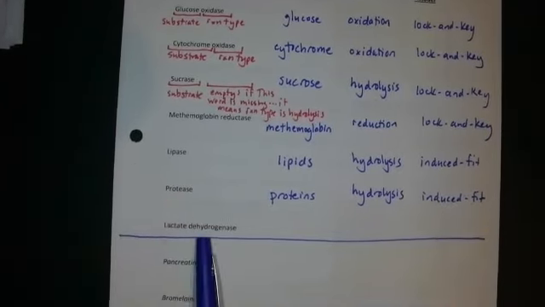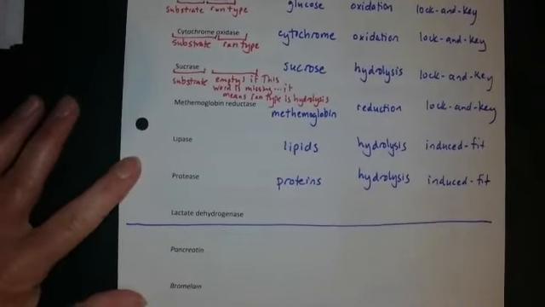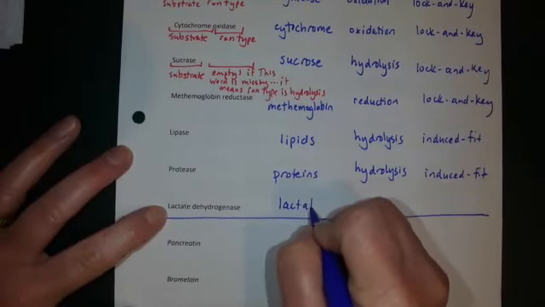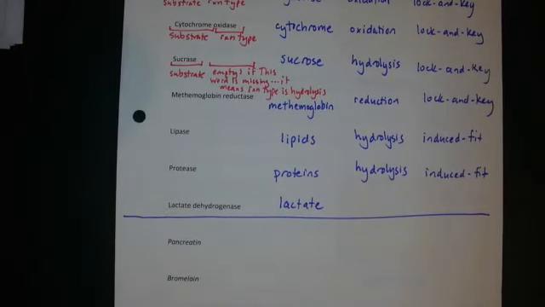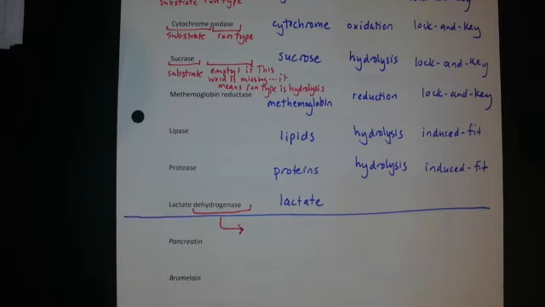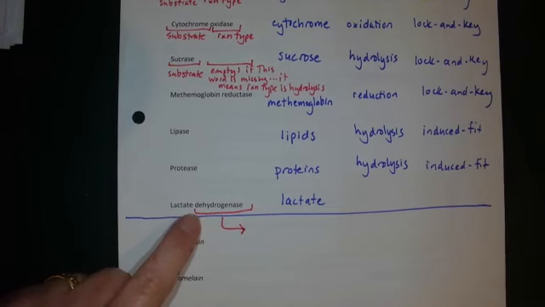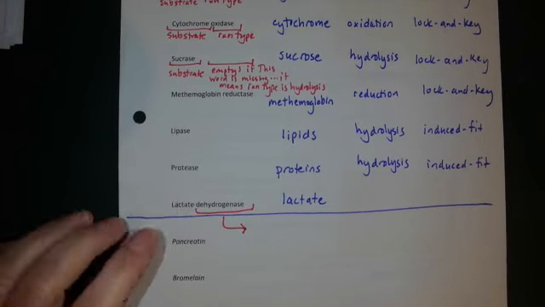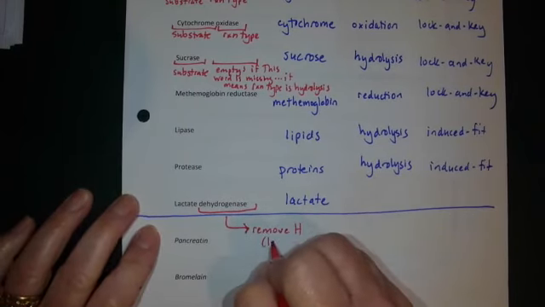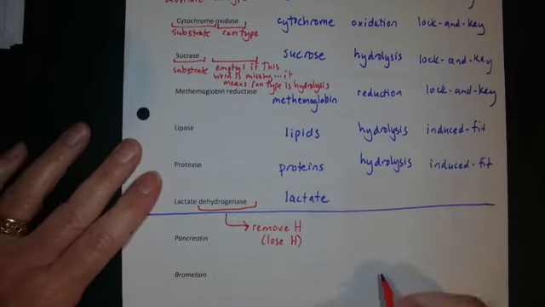And the very last one I want to do with you is this one, because it's a chance for me to sneak in just a little bit of a review. It looks like the enzyme name is lactate. I'm sorry, the substrate name is lactate. How about the reaction type though? I want you to remember the prefix de-, like de-icing means get rid of the ice. Dehydrogenase means remove hydrogen, which is lose hydrogen. That's what dehydrogenate means. And this is the review I want to remind you of.